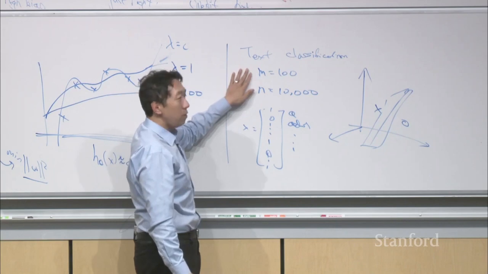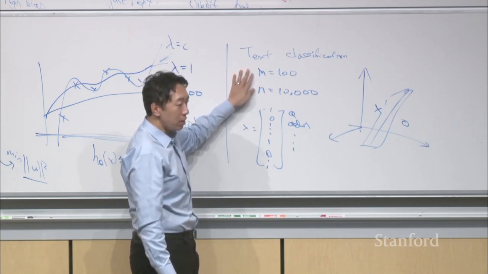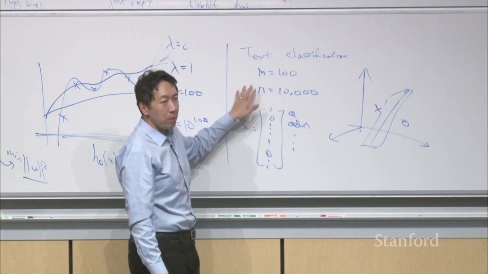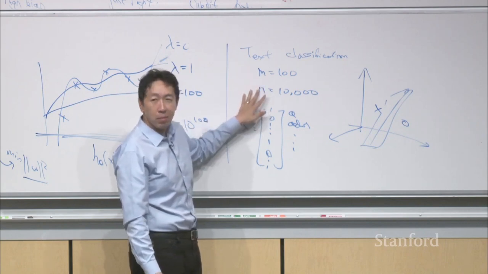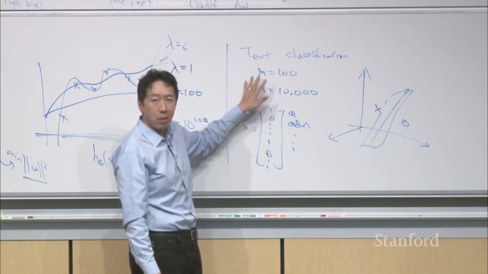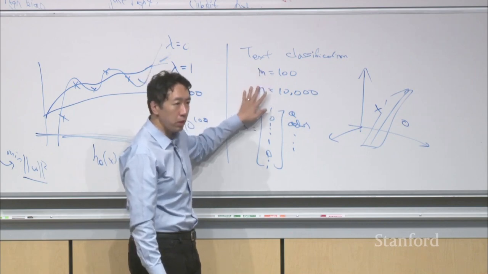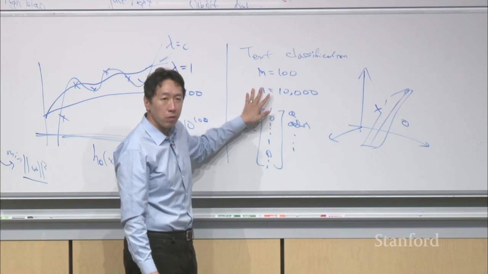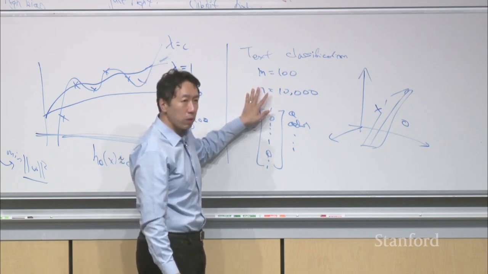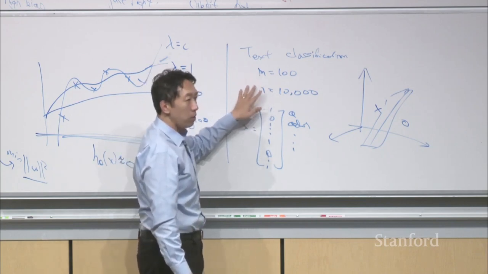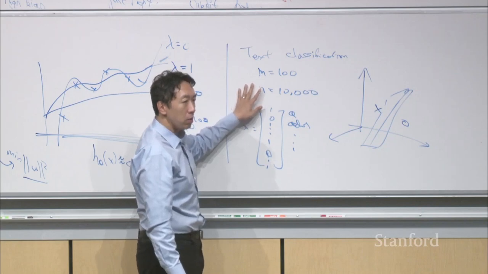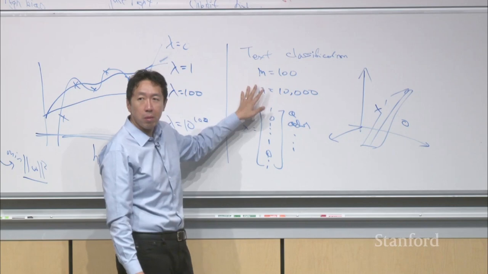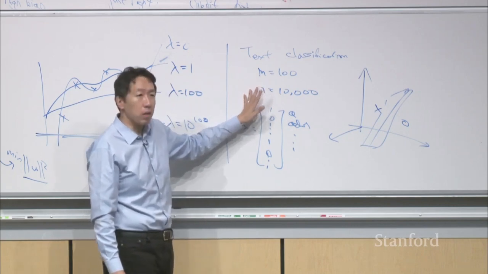I personally tend to use regularization only if the number of examples is maybe 10x bigger than the number of parameters, because that's what you need to have enough information to fit good choices of all these parameters. But that's if you're not using regularization. If you are using regularization, then you can fit even 10,000 parameters with only 100 examples, and this will be a pretty decent text classification